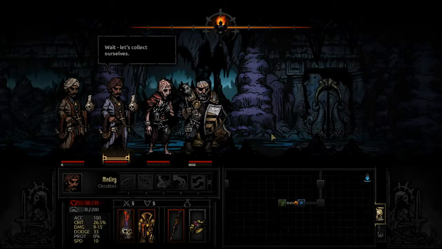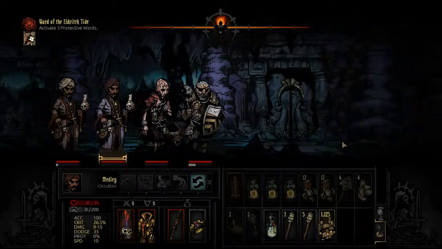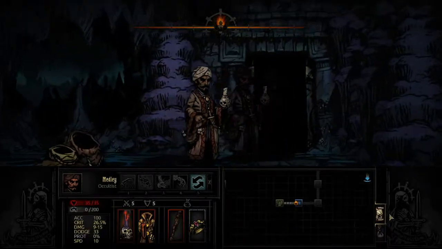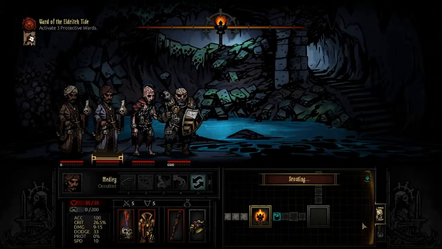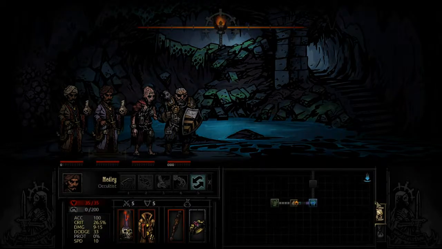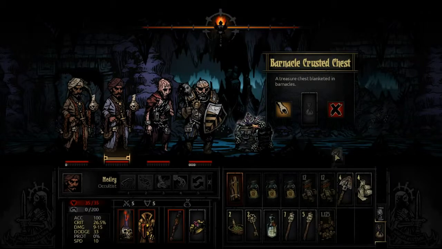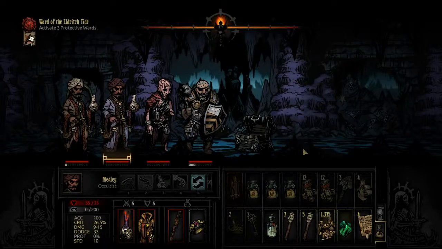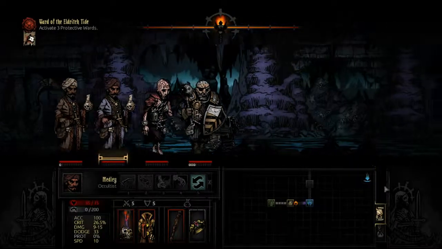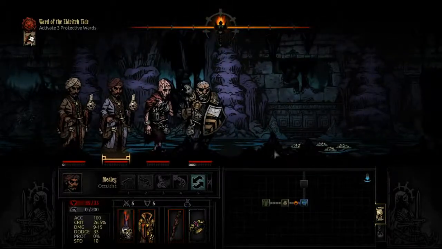Let's collect ourselves. We don't know what is in this room. We do get a scout. Hopefully we'll find another secret room. I don't know if the cove does have secret rooms. Maybe not. May as well use a shovel here, I think. Not horrible. I'm not really sure if that was worth a shovel, but...